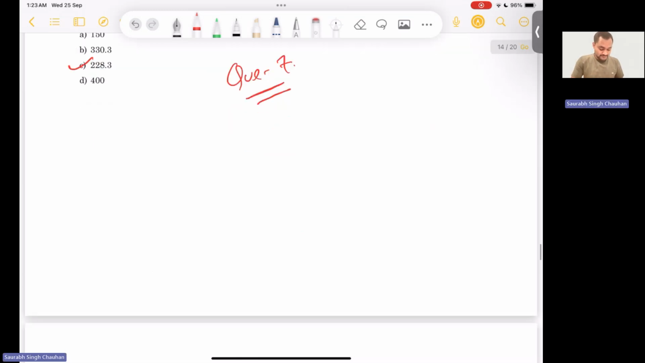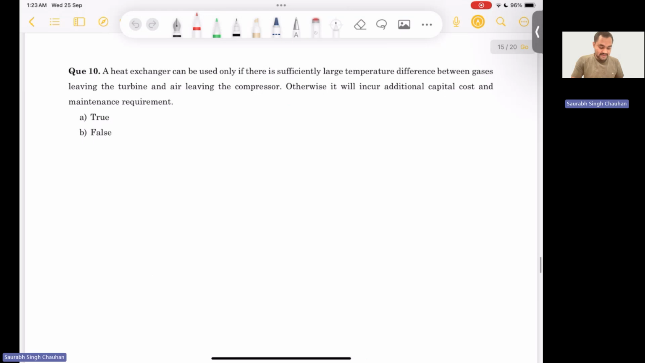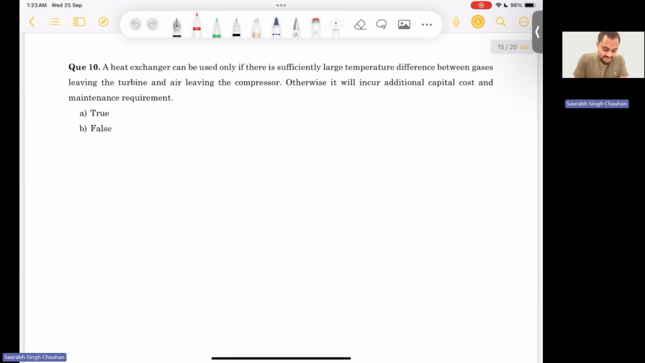So we will move to the next question. Question number 10 says a heat exchanger can be used only if there is sufficiently large temperature difference between the gases leaving the turbine and air leaving the compressor. Otherwise, it will incur additional capital cost and maintenance requirement. So we know that